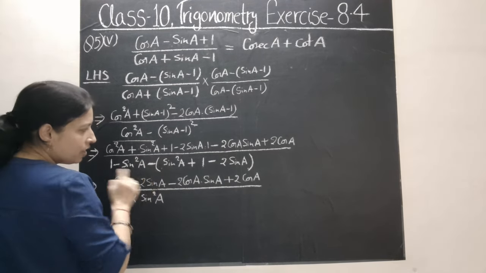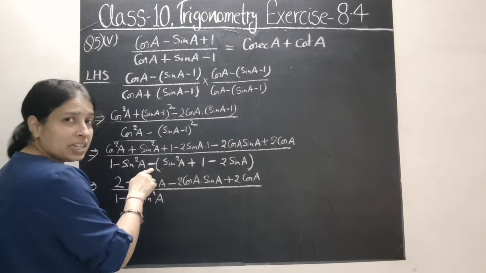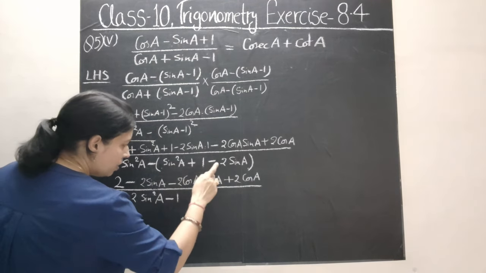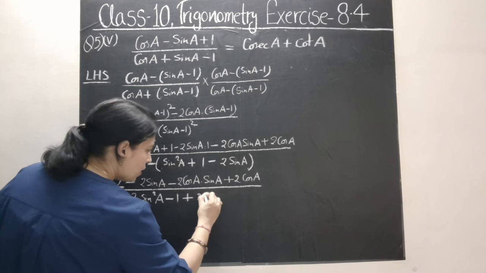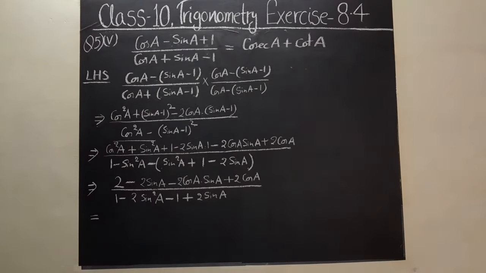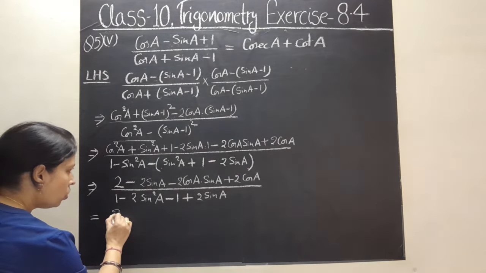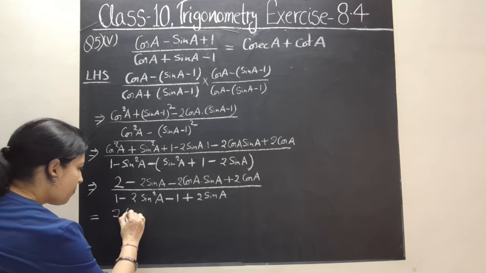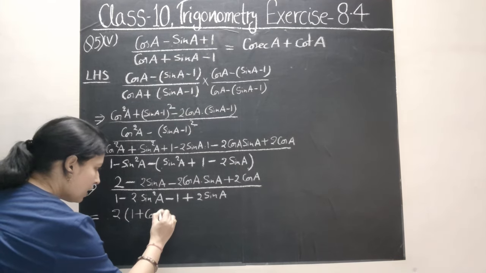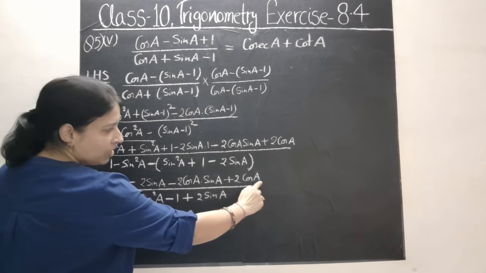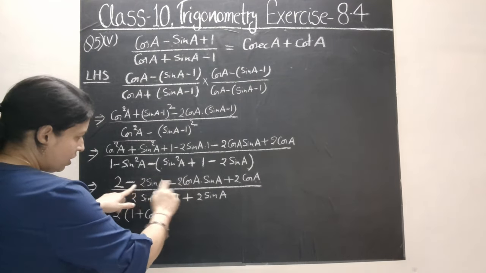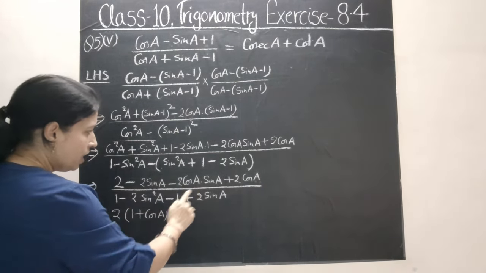Here it is minus given. So when you multiply plus 1 by minus, then it becomes minus 1. So write here minus 1. Then minus and minus, then it becomes plus 2 sin a. Now take common 2. So it comes here 1 plus cos a. 2 and 2 plus cos a से हमने 2 common लिया, क्या बनेगा? 1 plus cos a. Second one is minus 2 sin a minus 2 cos a into sin a.